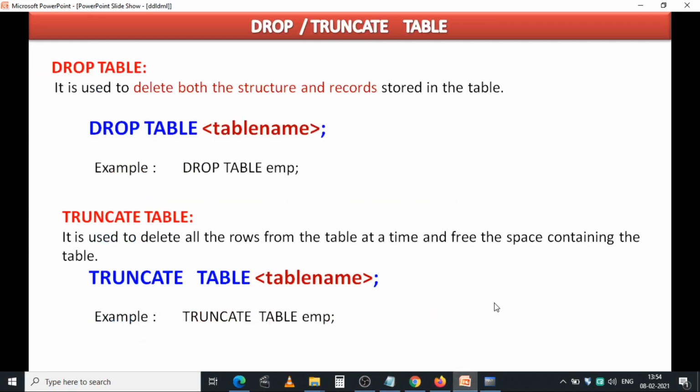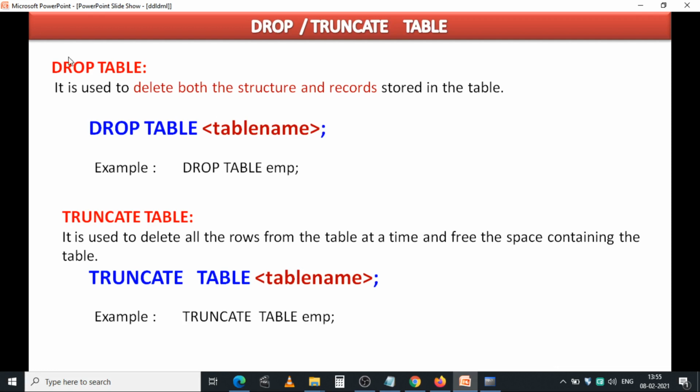And the next commands are drop and truncate table. Coming to the drop table: drop is used if you want to delete the structure of unused tables. The drop table command deletes both the structure and any records stored in the table.